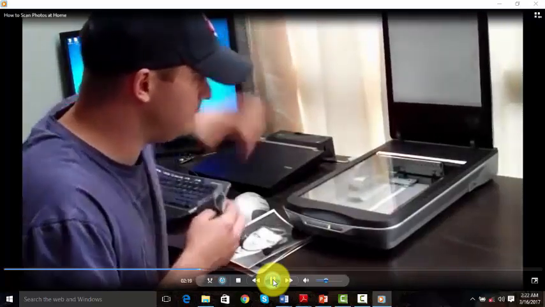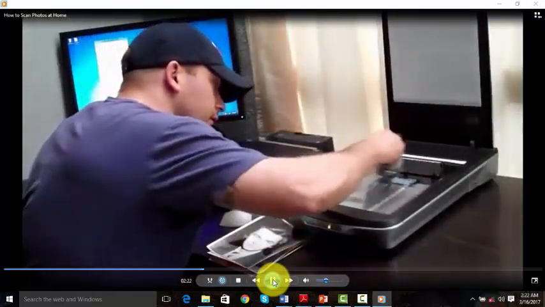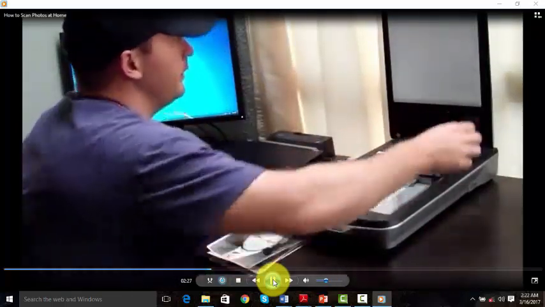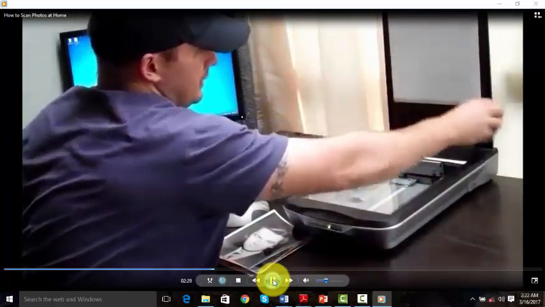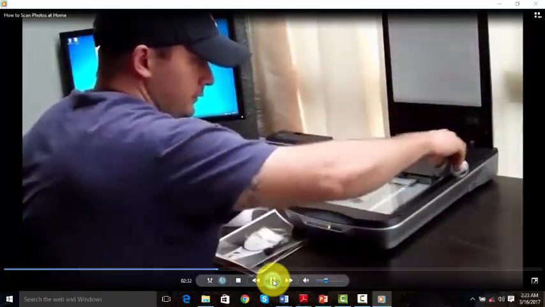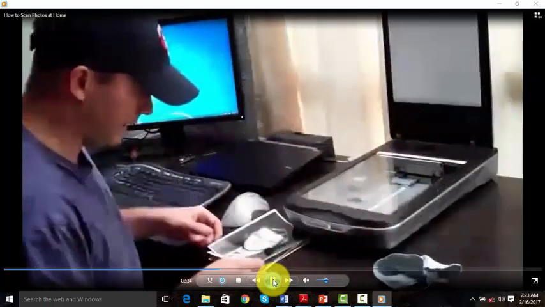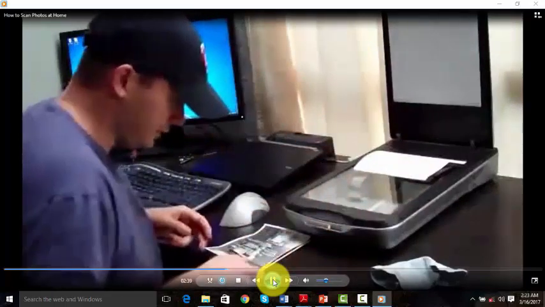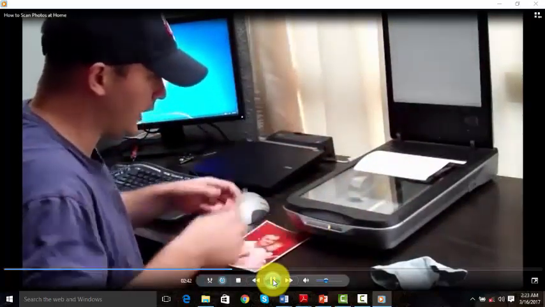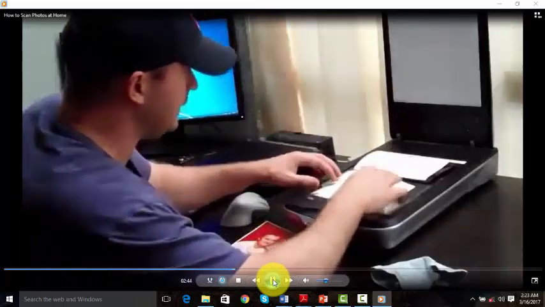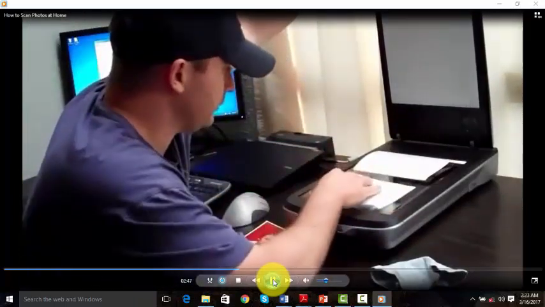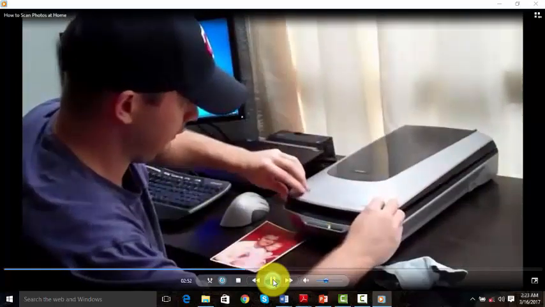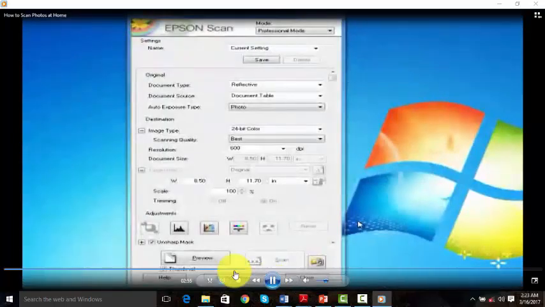We also do the same to the scanner bed. It's important to get any fingerprints off, get any dust and hair off of the glass. Important to make sure you have none of that on the scanner bed. What you do is you go ahead, you flip the photos over, put them on the scanner bed. With this particular photo scanner, I can do multiples, which is good because this is a laborious, tedious project. So we close up the scanner bed.